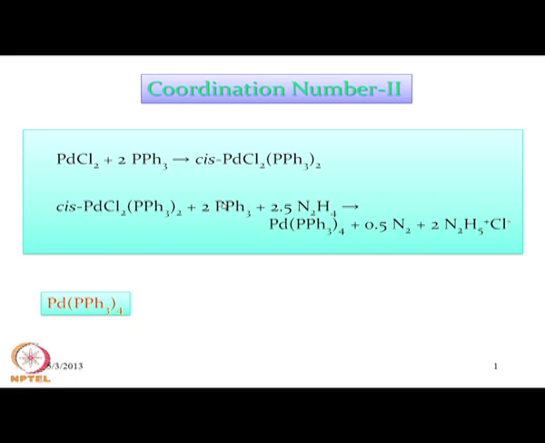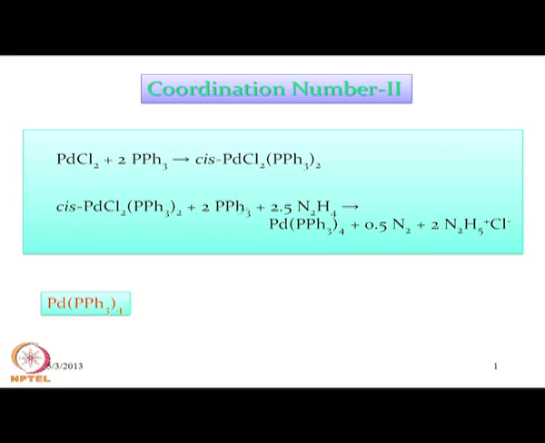So, once we get this particular species, our target is that we will have a species where palladium will be in the 0 oxidation state and it will have 4 coordinated phosphine ligands. So, what can we do in the next step? The thing we can do in the next step is the use of hydrazine, one particular reducing agent. Hydrazine is a well-suited reducing agent which can reduce palladium from +2 oxidation state to palladium 0,